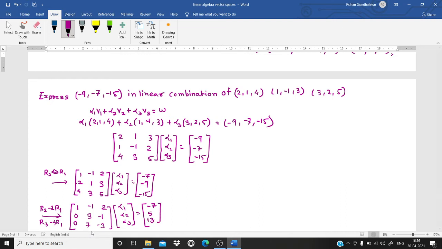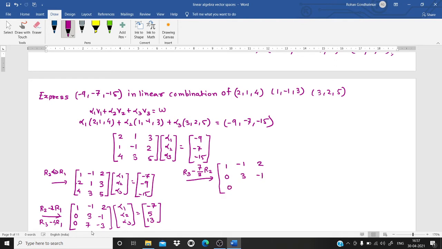Got it? Now we want to make a 0 here, that is at the place of 7. So which can be done easily with R3 minus, we need to make it 1 first. So we divide it by 3 and multiply by 7. So now what will be the changes? The first row is as it is, 0, then here I have the 3, then the minus 1, is 0.